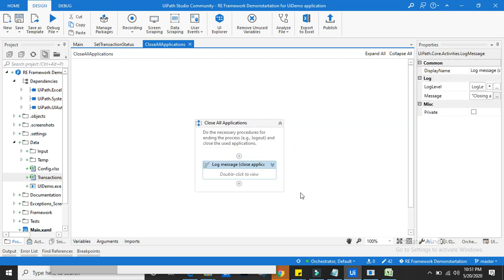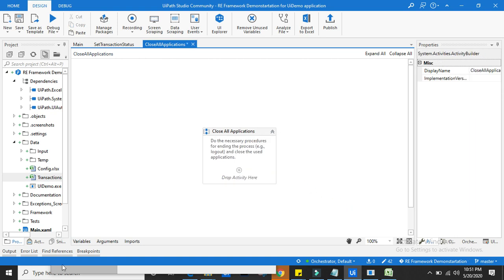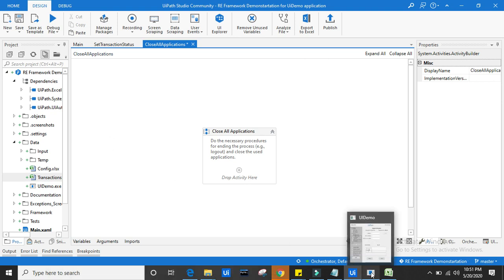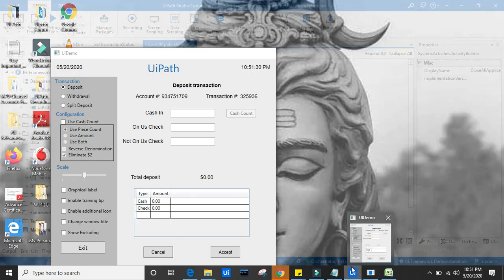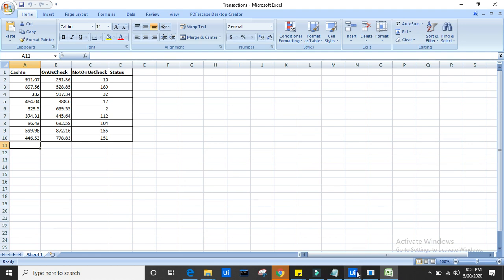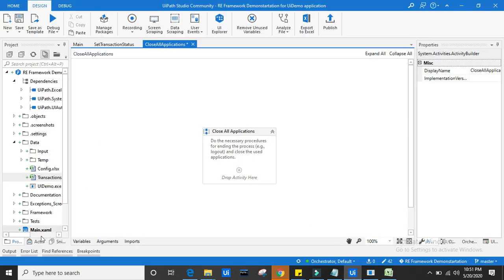In end process and in kill process you can use whatever you want. Let me do a demo. Once the exception occurs, I want to close this UI demo application. So let's go here, then I can write